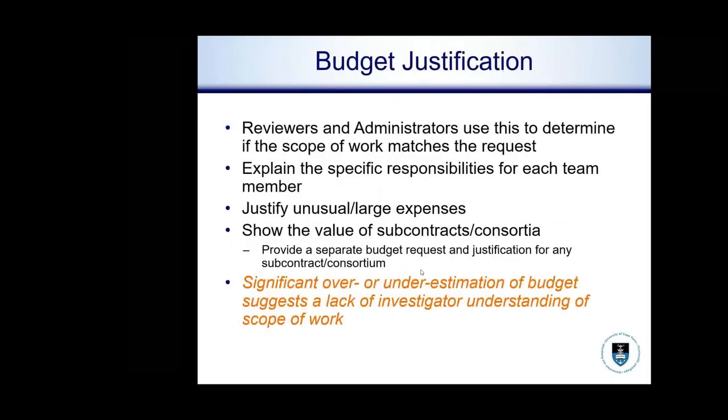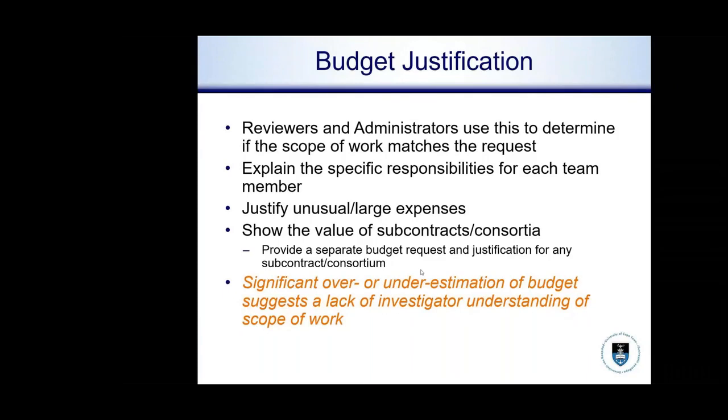So budget justification, just to note, I did indicate earlier that there's section A through H. Section G and section H relate more to the indirect costs and the total cost requested per year. So you'll see that in a moment. But I just first want to touch on the budget justification, as this is a critical document to prepare and